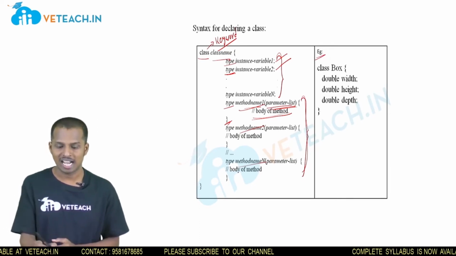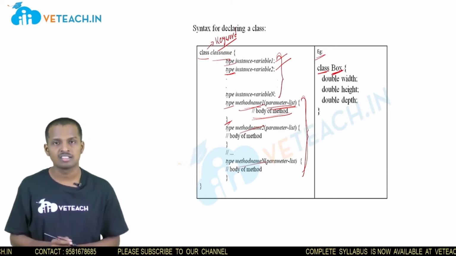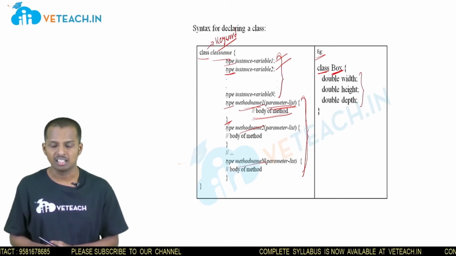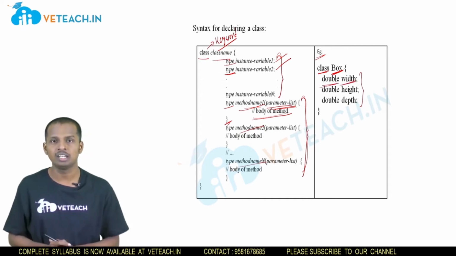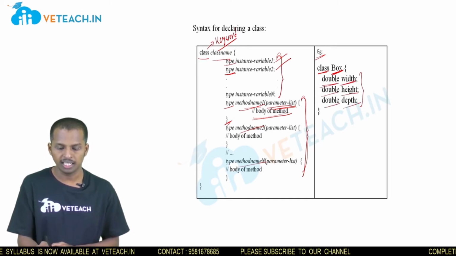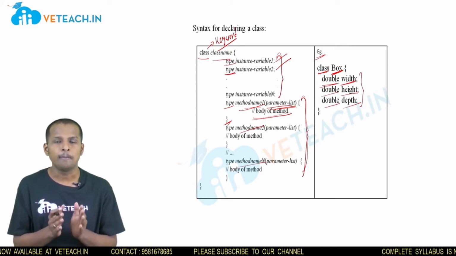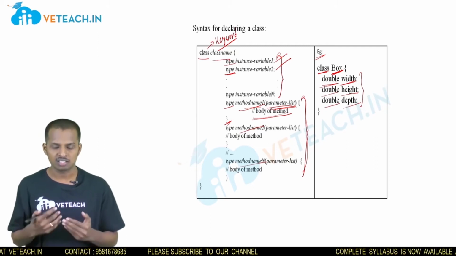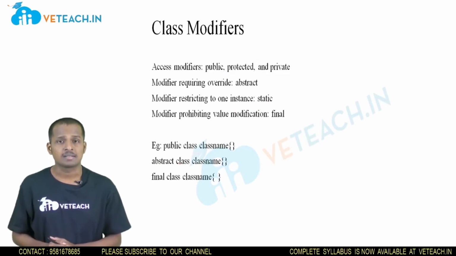Class box. Class is a keyword to write a class. My class name is box. I am declaring three instance variables: double width, double height, double depth. Double is a data type which tells width is going to store a double data type value, height will be a double value, depth will be a double value. This is just a simple class which contains only data members. It does not contain any member functions, or any steps to perform any instructions or to perform a work.